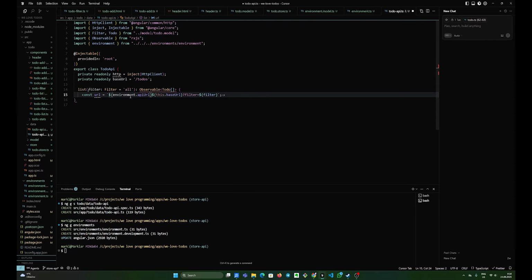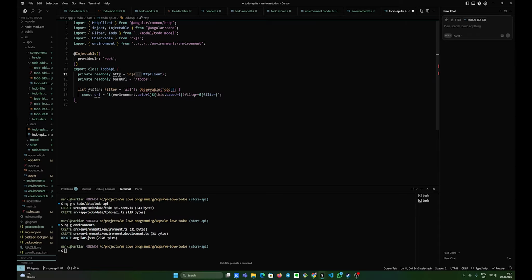We will just create different build commands with different options, for example for production and for development, and we'll use a different file in the end, and then we can use different properties and data. So we use the API URL, which will right now contain localhost port 3000,